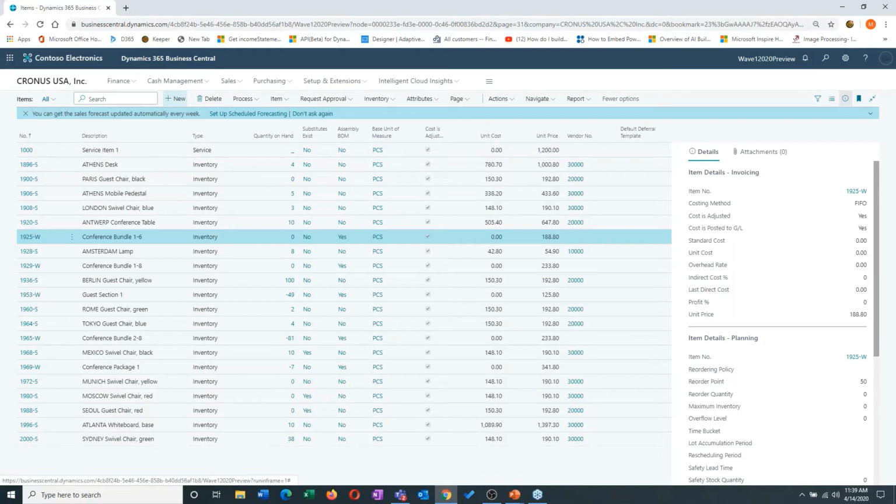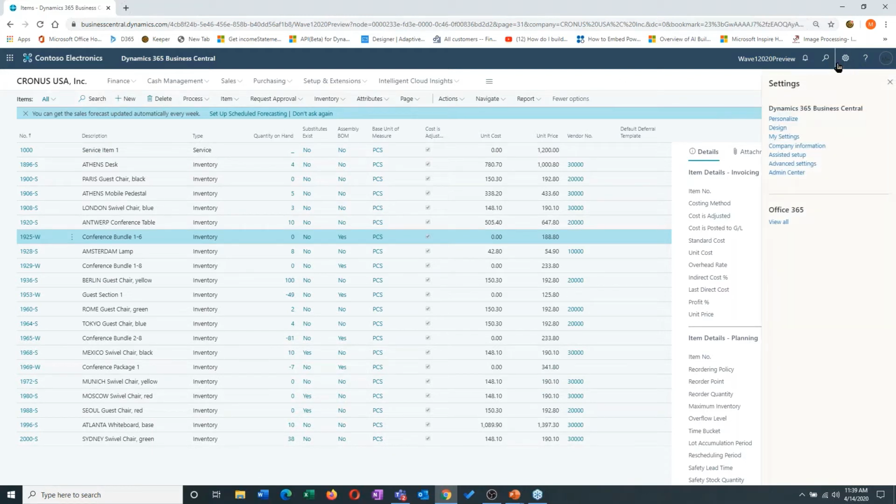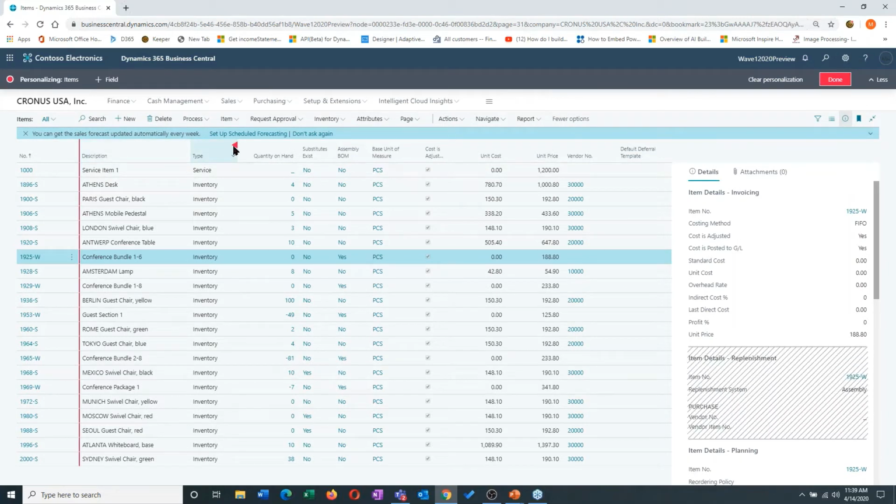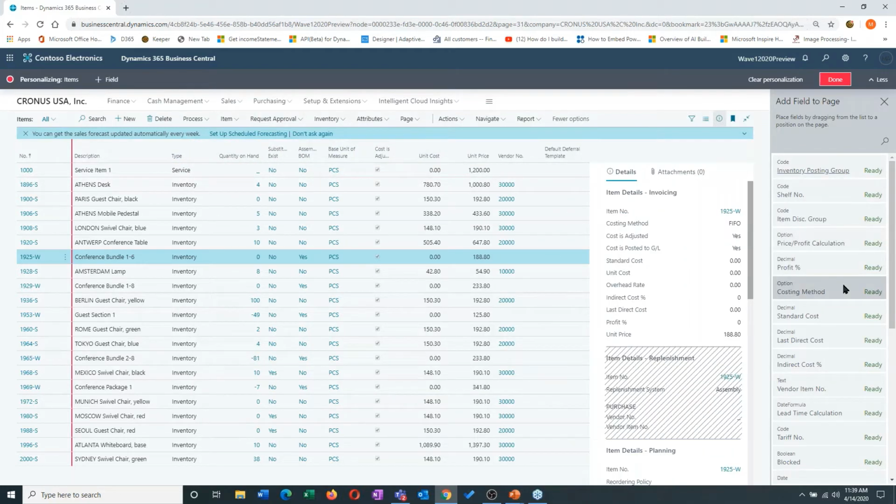All right, a couple other things on these searches or on these pages. Remember and remind people that they can personalize them. Now, if type is not a relevant field, I can come in here, I can hide that. I can move these fields around. I can find additional fields that I want to display. So again, so often I work with people and they're saying, well, if I could just have this piece of information. Well, you can add that field to your list view,